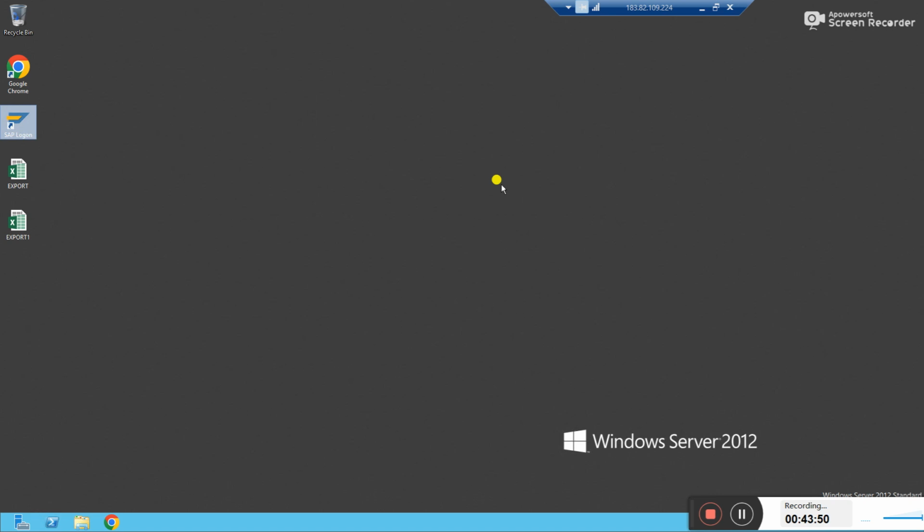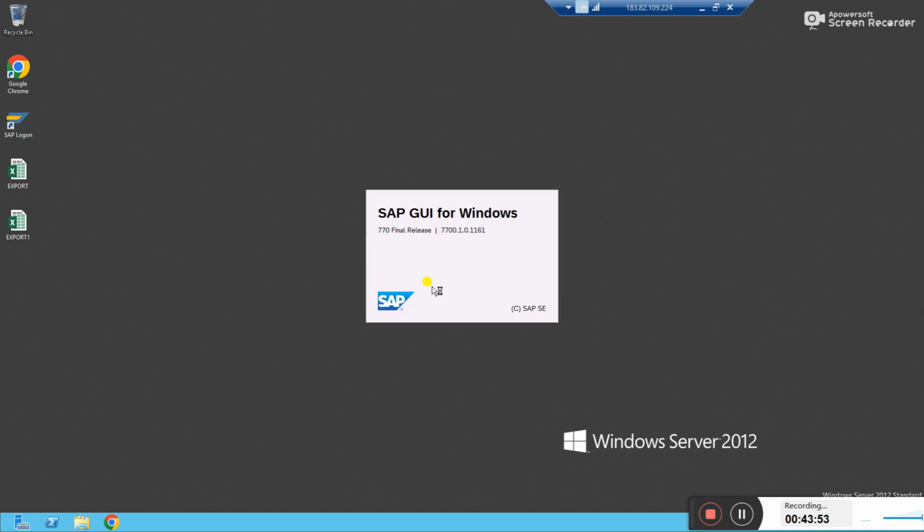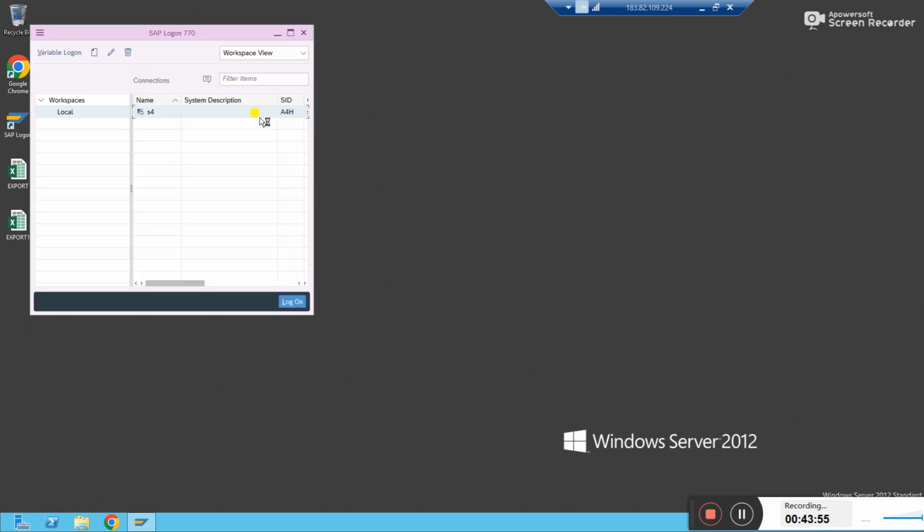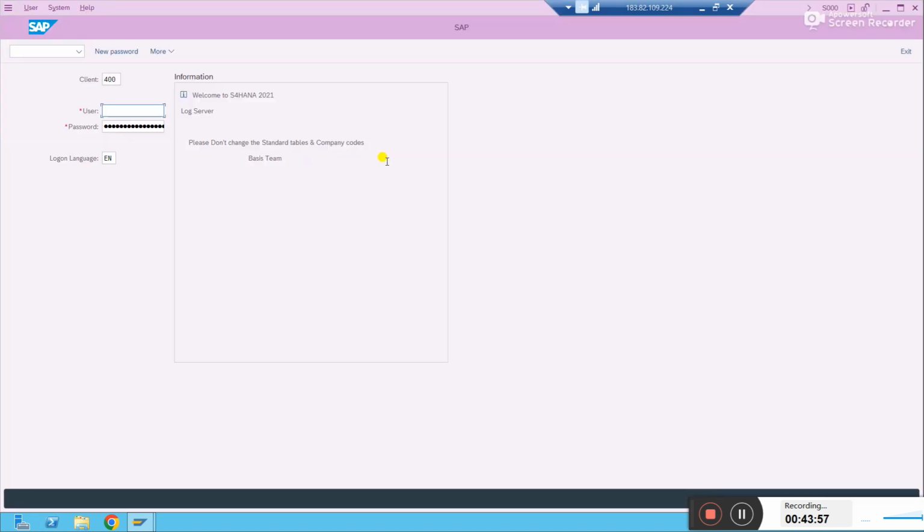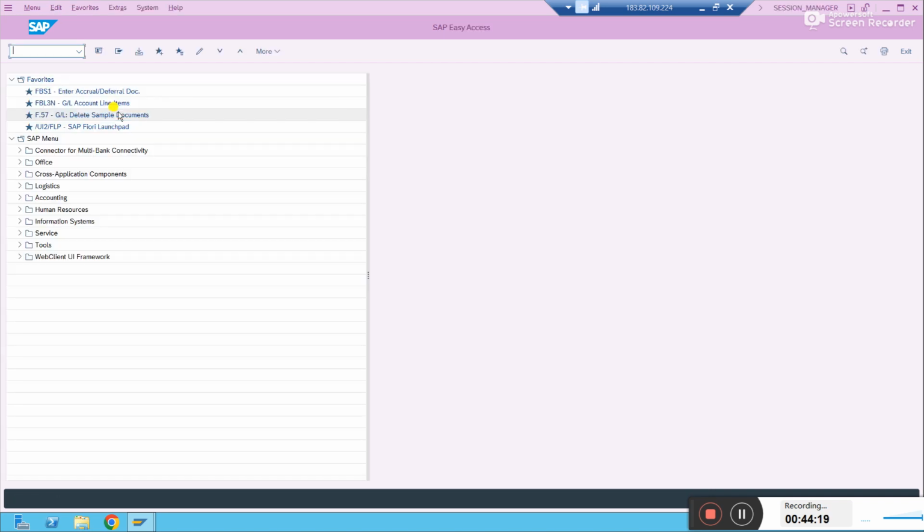You just double click on it. It will open and tell you in the logon itself which version it is related to. You see SAP S4 HANA 2021. What is 2021? On-premise license. Now we just log into the system. You will have one username and password to get SAP access. Everybody has their own username and password. You can connect like this.